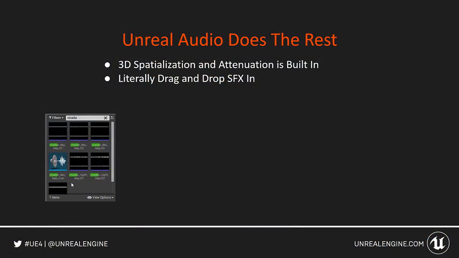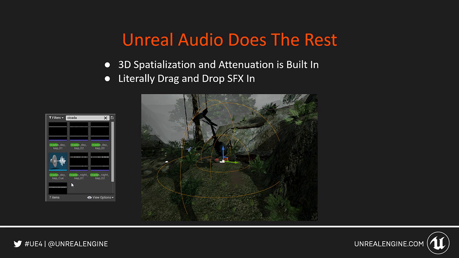So literally, it's just an example of how we do it. This is my content browser. Sorry, I bumped that microphone. I'm looking for a cicada sound effect to drop into the jungle so that you'll hear the cicadas as you run by. And there's the wave files. I made a cicada cue that loops. It has a bunch of other wave files in it that will randomize, so the next time you play through it, it might sound like different cicadas when you drive by. I literally drag it from the browser, drop it in the level file, and this is what appears.